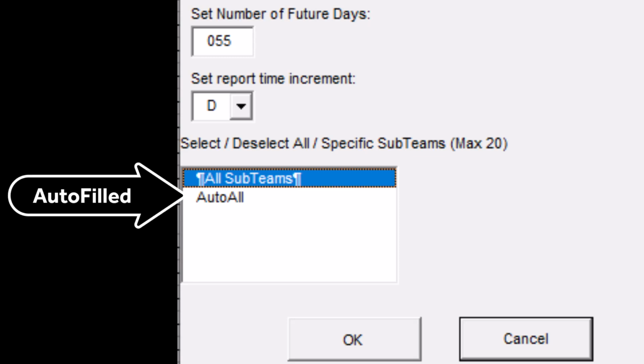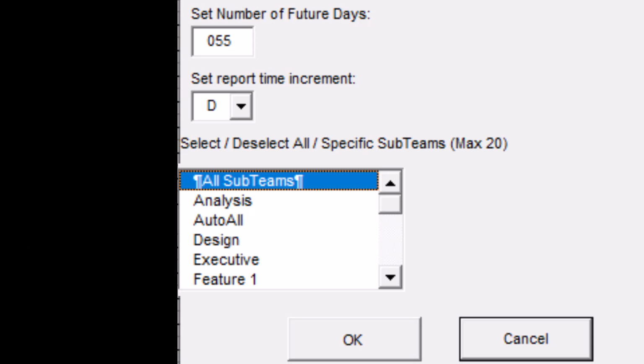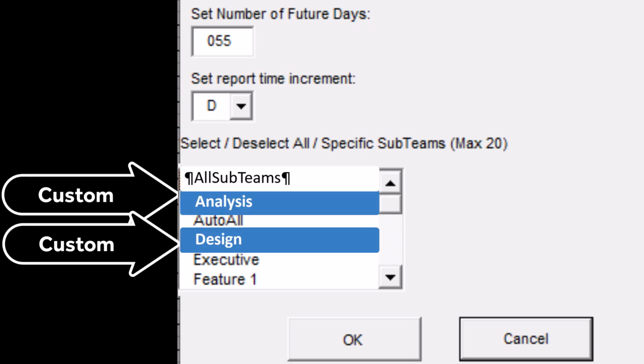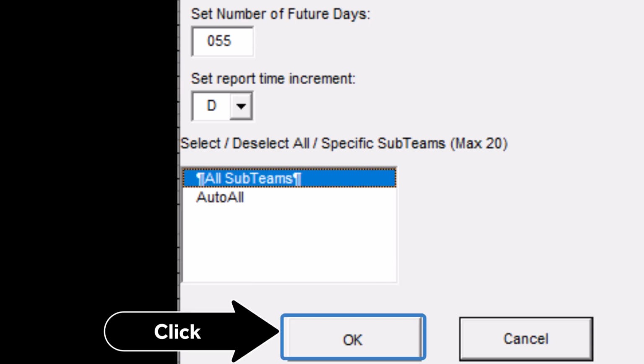This is what the list looks like after autofill, and this is what it looks like after you've customized subteams. The list is alphabetical and scrollable. Select one or more individual subteams, or you can click all subteams and then click OK to produce a report